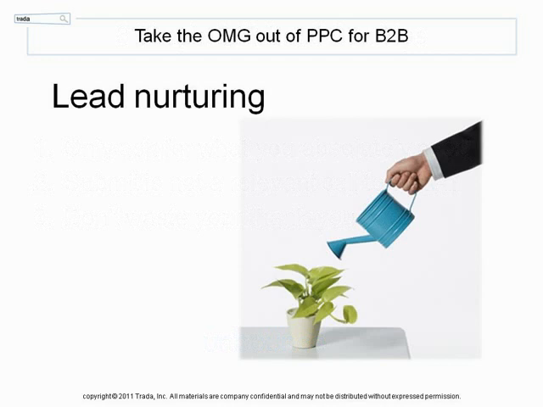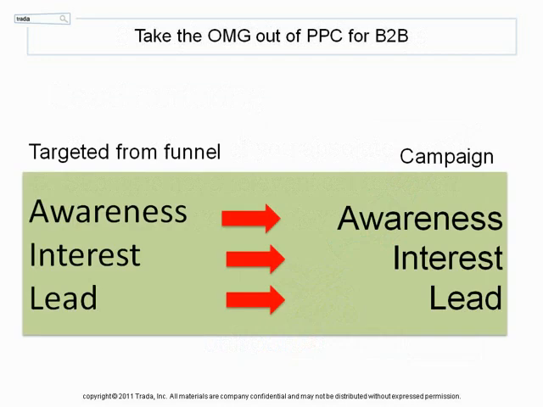Because you've been sending each of your ad groups to a specific targeted landing page, you can track which leads came from which completed forms and message them accordingly. So you should have at least 3 types of segmented leads, and you can assign them to campaigns. If you think of the campaigns as the first 3 steps in the funnel, awareness, interest, lead, and depending on your offering, you may have more than this. It actually probably will be more complex.